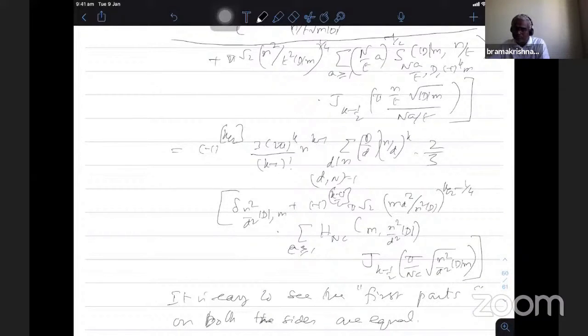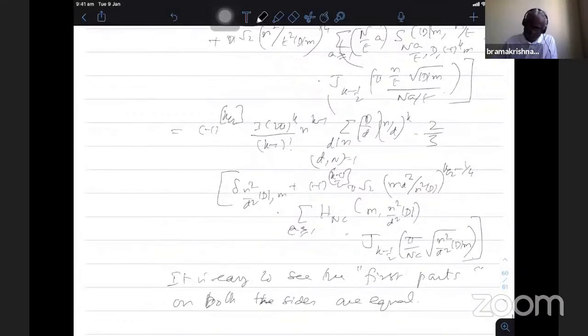Okay. So this particular part should be equal. Make a choice such that these two coincide. So once they are coinciding, I have to show that this type of sum should be equal to this type of sum. Okay. So for the second terms,